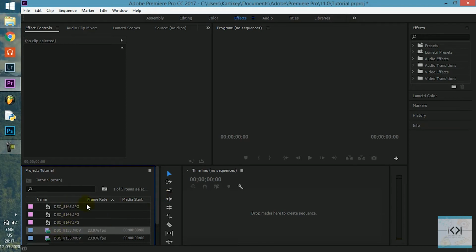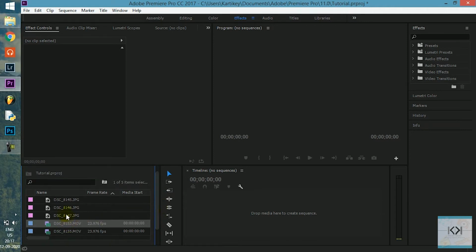This is just the random position of the media that we imported. So to give a meaning to them, you need to create a sequence of this media, a sequence of their occurrence. Okay, I will show you in a minute what I mean. So first things first, you will need to select any one item, left click on it, keep holding it, and as you can see right now there is a little prohibited kind of sign along with the cursor, and as soon as you bring it into the timeline panel, you will see that there is a plus icon. We will drop the media in our timeline panel.